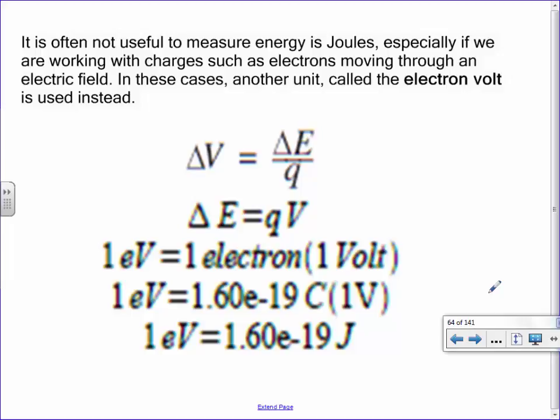So here's the number you need to know. This is on your formula sheet, on one of those tables somewhere. This is how many joules is in an electron volt: 1.6 times 10 to the minus 19. That's how many joules is in an electron volt. How many joules it takes to move one electron using 1 volt. Potential energy, basically. So it doesn't change the math. It doesn't become that much harder. It's just you have to change your units.